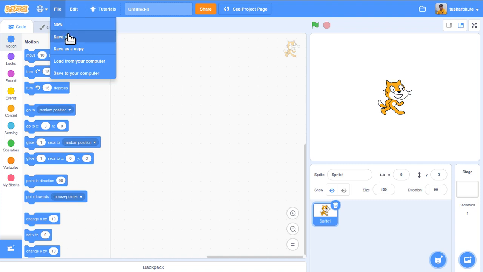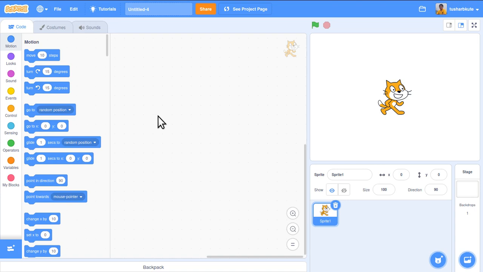Save now is to save your file, but most of the time your editor is in auto saving mode. Automatically the content of this particular program editor will be saved. Okay, and here you are having option like load from your computer. Like you have saved your file on your computer, on your laptop or desktop, you can load that file in this editor by using this option. And the last, save to your computer. So if I have created one program, I want to save that in my computer, my laptop, so you can make use of this option over here. Okay, so here only file menu is useful and beneficial.